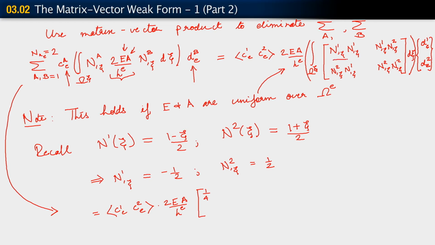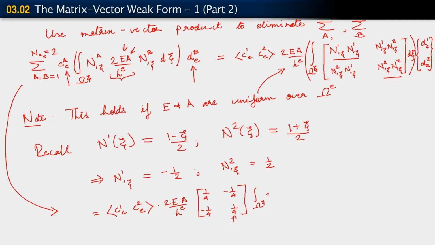Recognizing that it's a product of minus half and minus half, we get minus 1/4 here, minus 1/4, and 1/4 again. This 1/4 comes from the product of 1/2 and 1/2, which is from that contribution to the matrix. And so then we just have the integral over omega c,